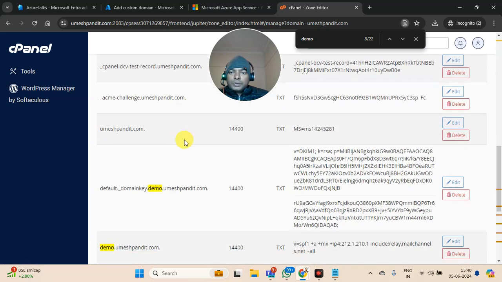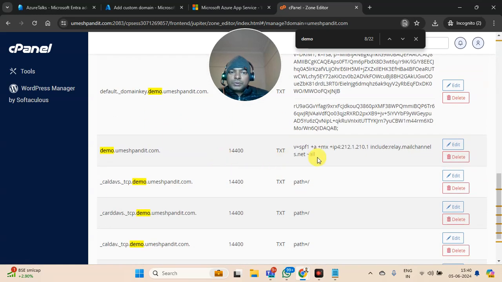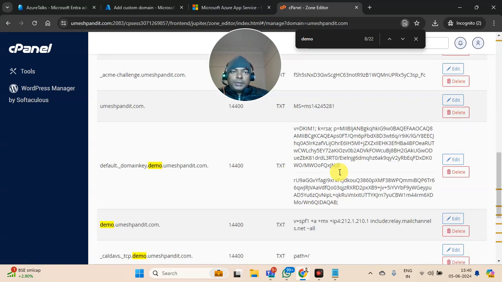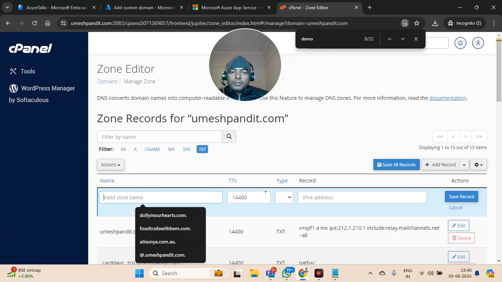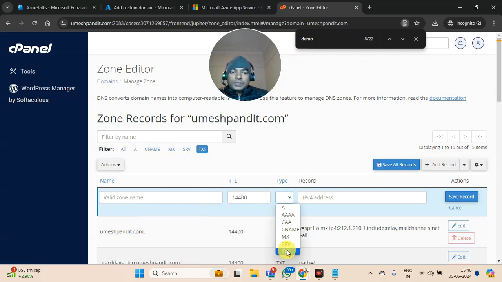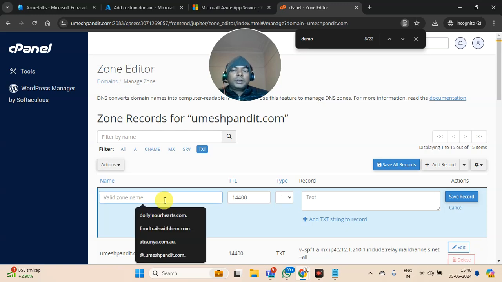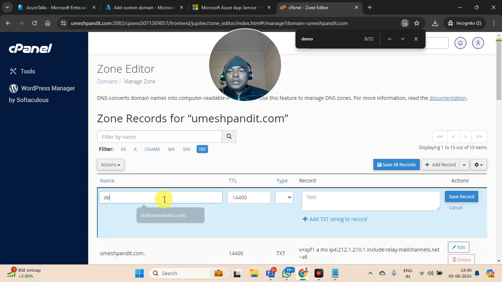Talks about a lot of demos. I think I have to delete something. I'm actually doing it after a long time, but at least let's see if we succeed or not. So go to the TXT and say demo, and over here we are TXT. Actually, it should be